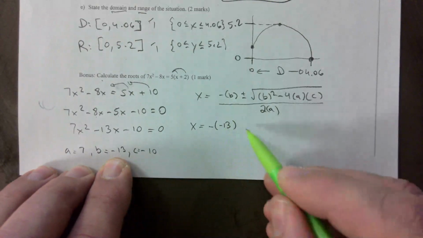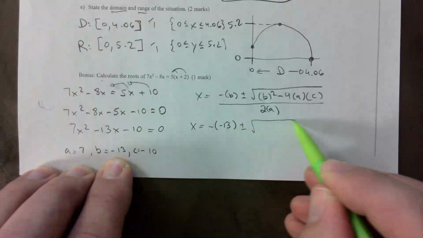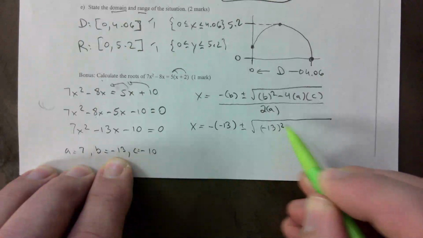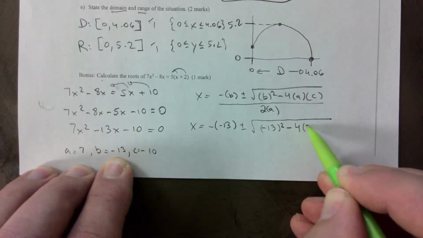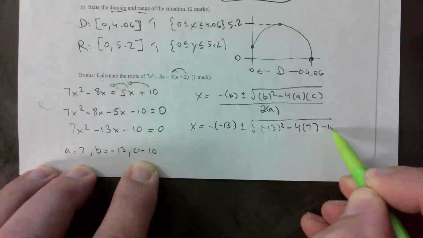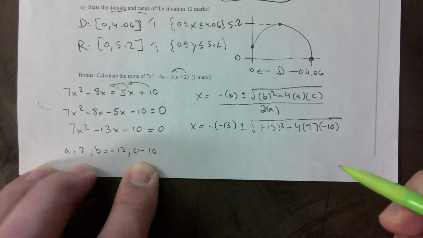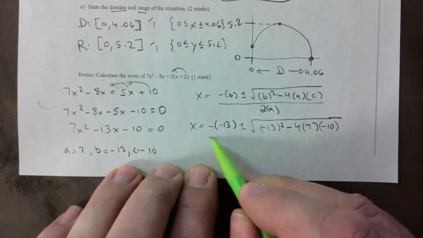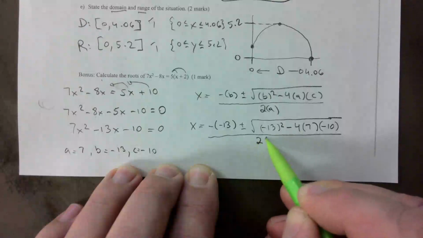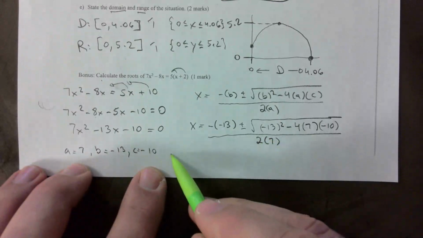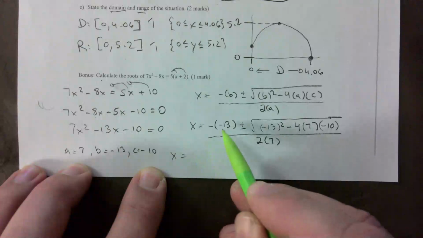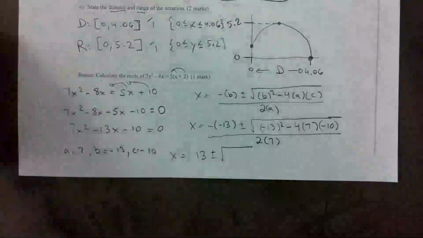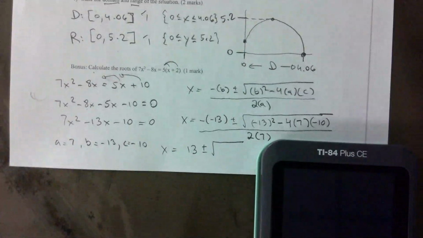These two negatives turn into a positive. Then you take negative 13 and square it, which is positive as well, minus 4 times a times c. These two negatives also turn into a positive. Then you go 2 times 7. I'll clean this up. This would be positive 13 plus or minus the root of